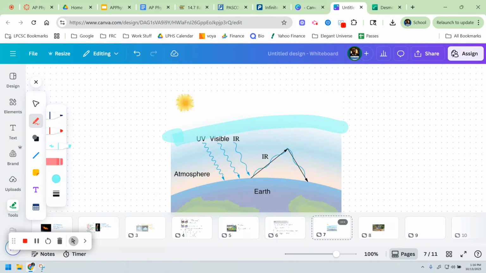And then these wavelengths are absorbed by the Earth and then re-emitted as IR. IR has a hard time, it's very difficult for IR to get past the atmosphere. So what happens is it gets reflected back into the earth. If we have some sort of greenhouse gas, the IR just can't pierce through what we call greenhouse gases, and it just comes back. And so this is the whole science behind